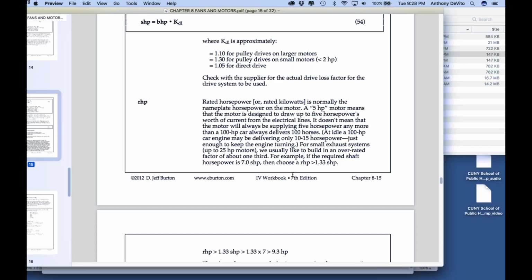We've used that and various other factors to calculate, to select the fan, decide how many RPM we need to turn it at, and select a motor. Now we need a motor that turns at 550 RPM that'll deliver 15 horsepower, right? So we got our fan and we got our motor now. And we can order it along with the rest of the parts that we need, the ductwork, the transitions, the elbows, so on and so forth,